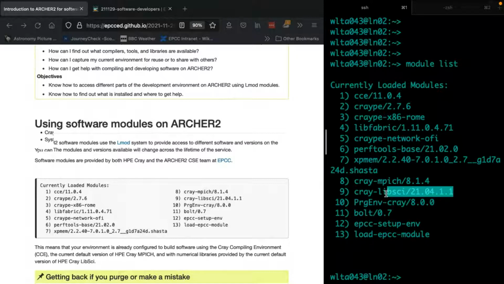So we can see which modules are loaded at the moment. But of course, the whole point of having the module system is to allow us to switch and change modules. Maybe we want to use GCC rather than the Cray compilers. Perhaps we want to use a specific version of a library rather than the default. So for that, we need to find out what's actually available, and that's done with the module avail command. So if we run module avail,